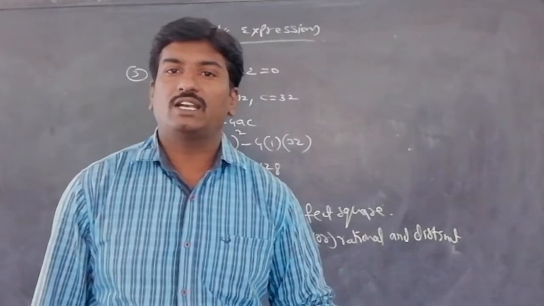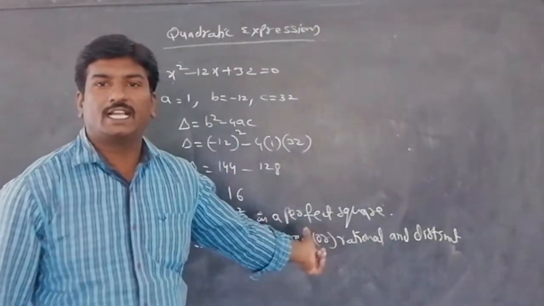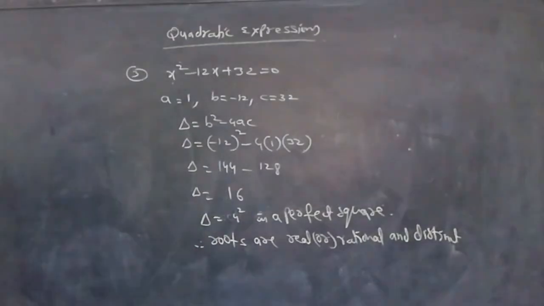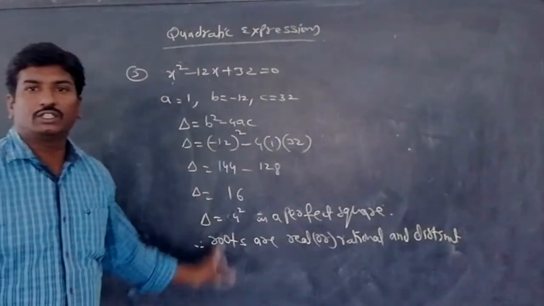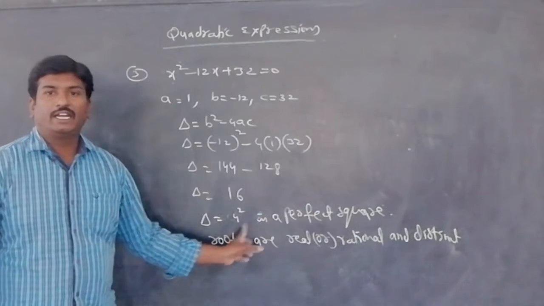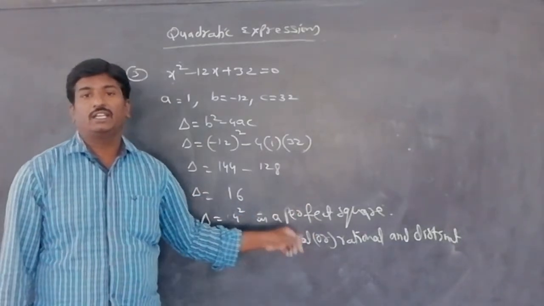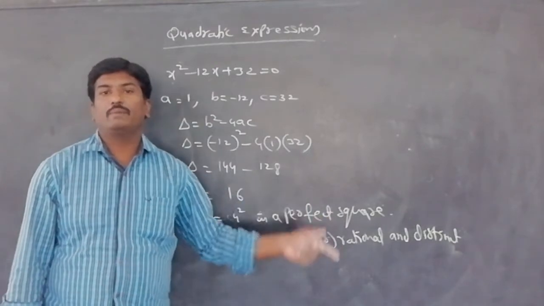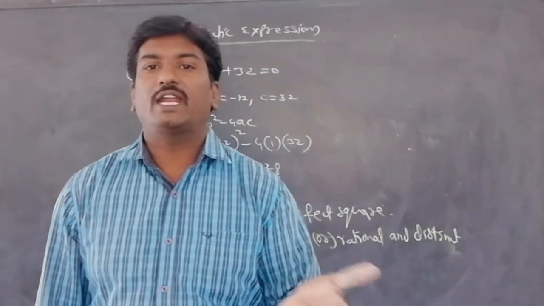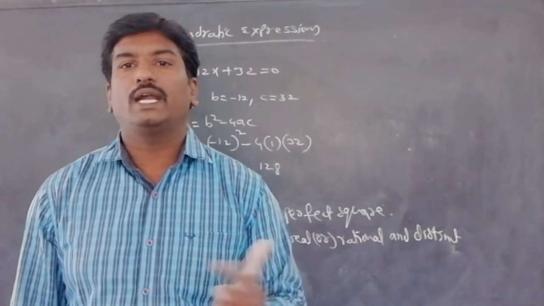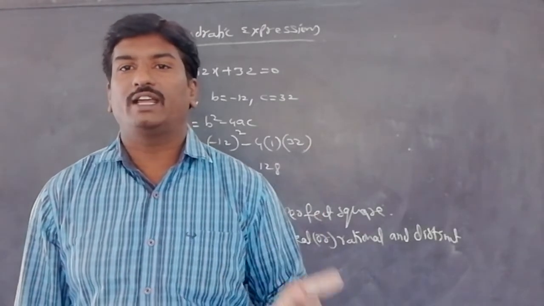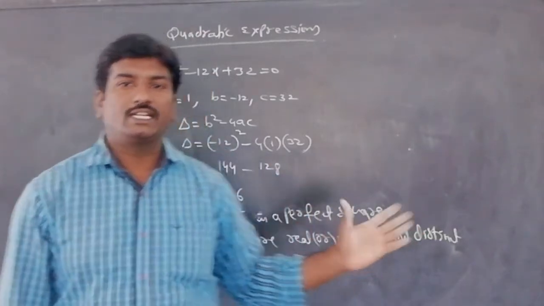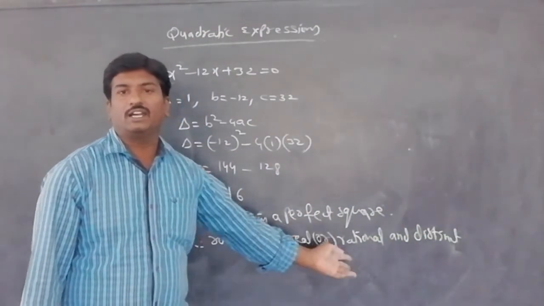And we know that every rational number is also a real number. So you can say it as real also. Okay? Please copy. Understood this one? Yes, sir. When delta is a perfect square, by factorizing this equation we get rational roots. Rational means p by q form. Here, for example, if I am getting 2 and 3, we know that 2 and 3 are also rational. 2 is nothing but 2 by 1, 3 by 1. They are also rational only. So every rational number is real. So you can say either real or rational.